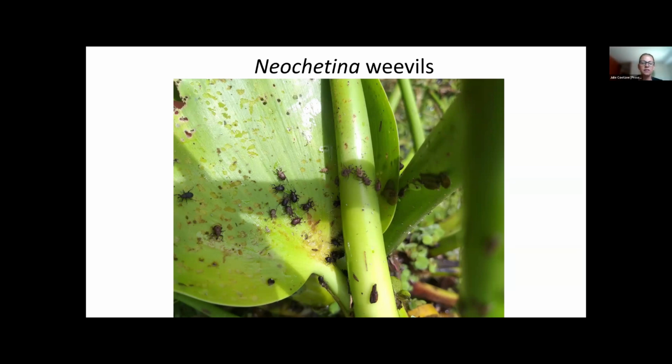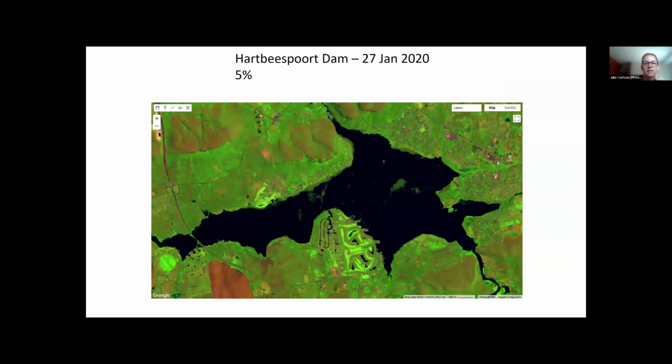Now you must think it's January 2020, the height of summer in South Africa, hot, lots of nutrients. That system that was 50% covered was now down to 5% cover purely through herbivory by the biocontrol agents. We've been monitoring this system.